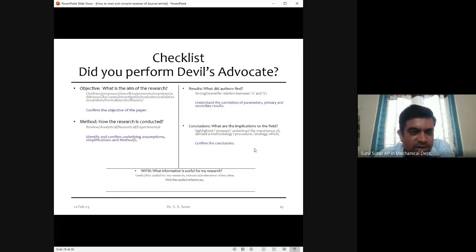Now the third pass reading is basically devil's advocate. Everything I will try to criticize, try to judge whether it is correct. That is the overall purpose. So in the objective section, that will not vary. The objective will be the same. Only what will change is in the method section, I will try